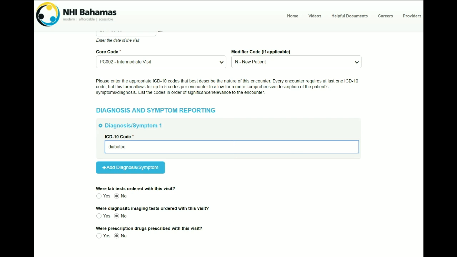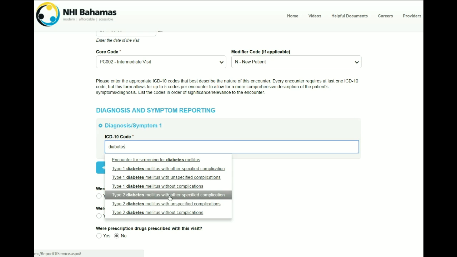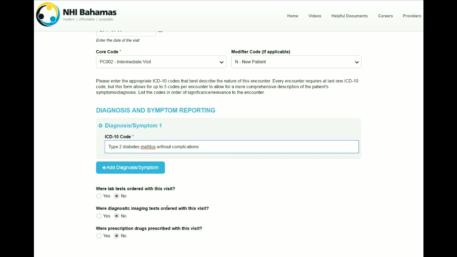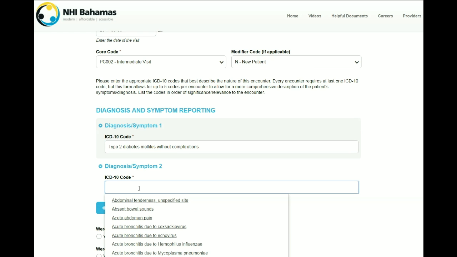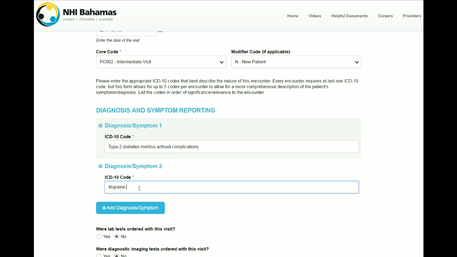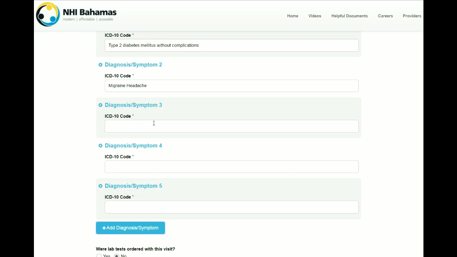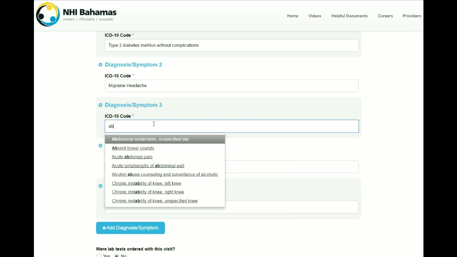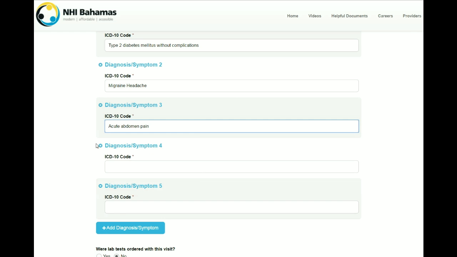If a diagnosis you are looking for is not showing up as you type, you can enter it in your own response using free text. All reports of service must include at least one ICD-10 diagnosis to be valid. But for a more complex presenting case, you are able to attach up to 5 ICD-10 codes per report of service. After completing the diagnosis and symptom reporting, you must now declare whether or not you ordered any tests or